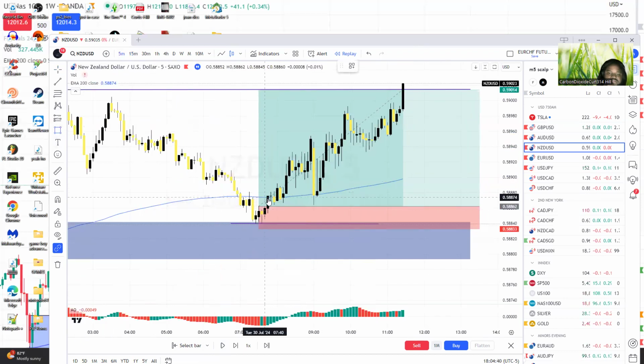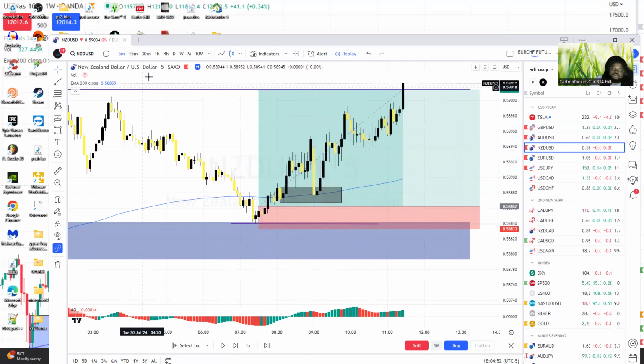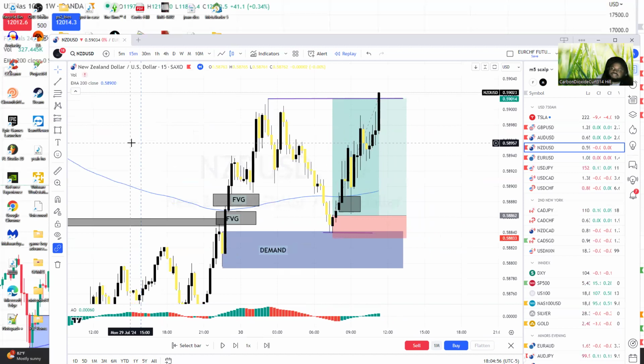So on a lower time frame, you had like a little demand right here. So it gave you another chance to get in after TP smashed for you guys. Y'all could have got back in. And you're welcome to get back in if y'all understand the market and y'all want to get more pips out of the move. But what I teach, and what I tell you guys, is most likely to go take out